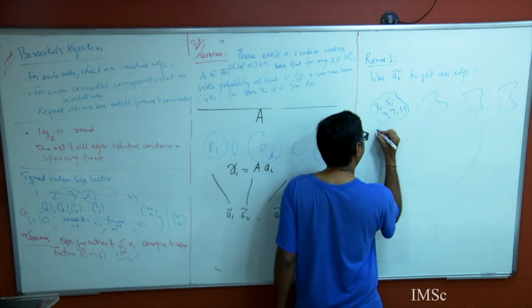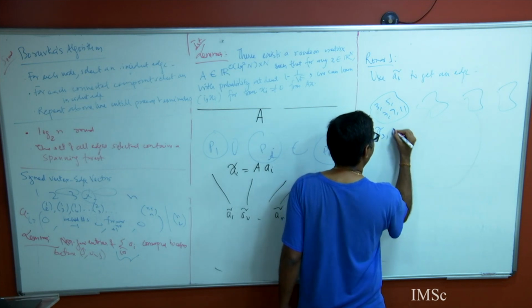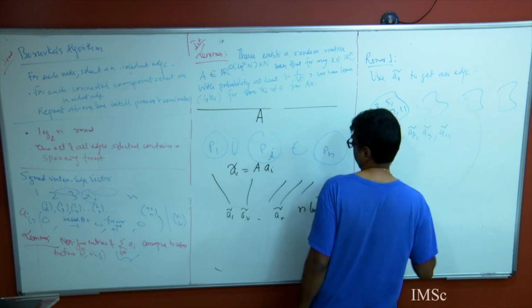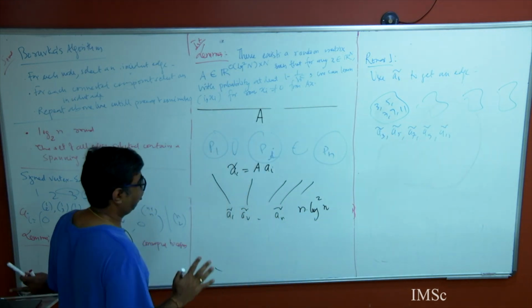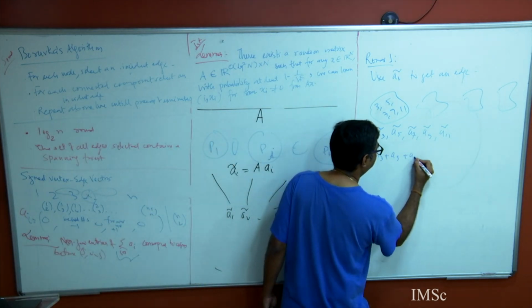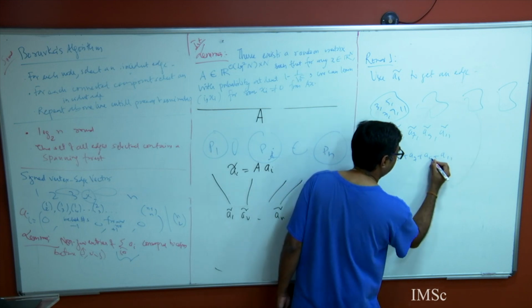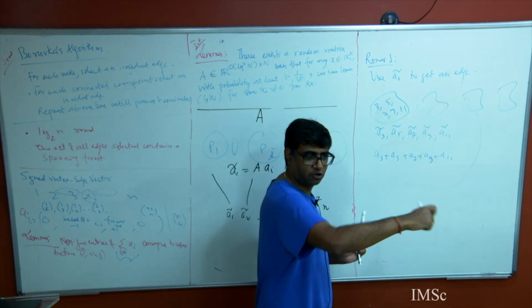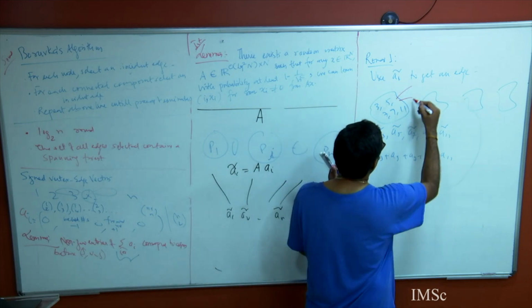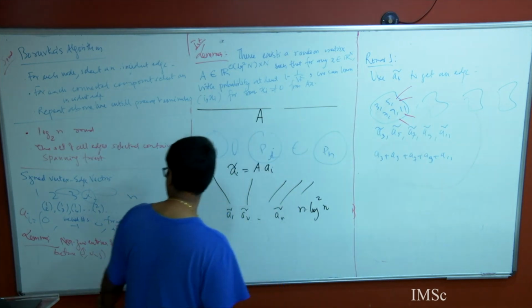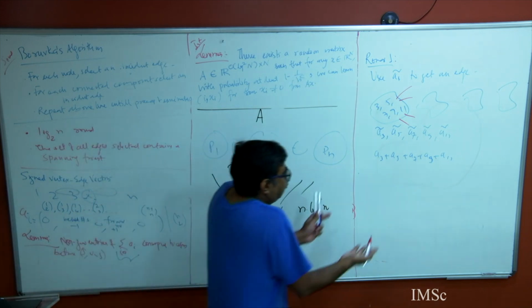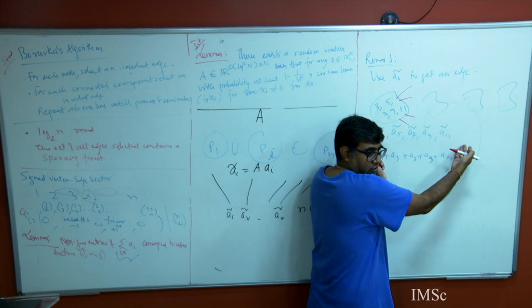What I have is A_3 tilde, A_5 tilde, A_7 tilde, A_9 tilde, A_11 tilde. Now what does it tell us? If you gave me A_3 plus A_5 plus A_7, A_9 and A_11, then if I looked at the non-zero entries, those non-zero entries will correspond precisely to the edges which are leaving it, because of my lemma. But now I don't have this, I have just this.